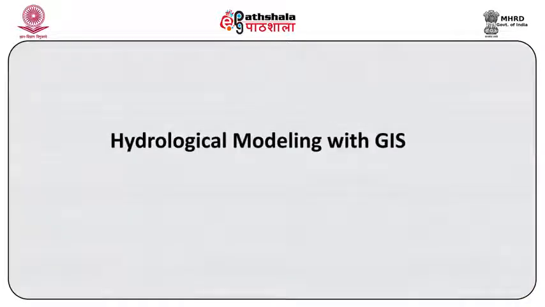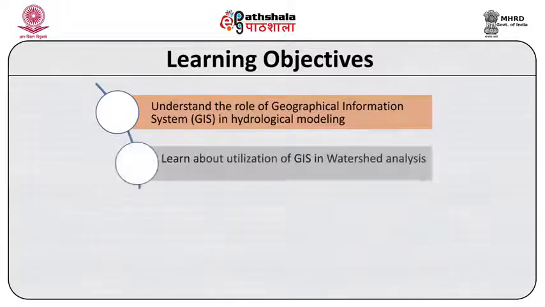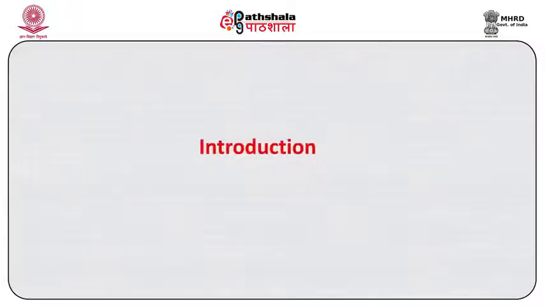Today we would be discussing the module related to hydrological modeling with GIS. In this module, you will be able to understand how you can use the GIS or the Geographical Information System to model our hydrological conditions and how this is beneficial instead of using our traditional methods for modeling the hydrological conditions. The hydrological modeling with GIS enables us to model the hydrology at a global or a regional scale also, in comparison to the traditional methods which were limited to our site-based analysis.